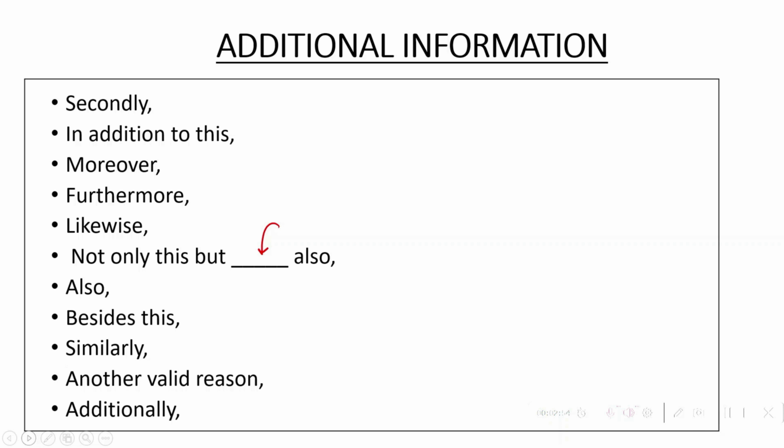Like, for example, if it is about saving the environment. So, the first point you have written is recycling. And the second point you can write not only this, but reusing plastic also contributes to preserving the environment, like that. The next linker is also, then besides this,